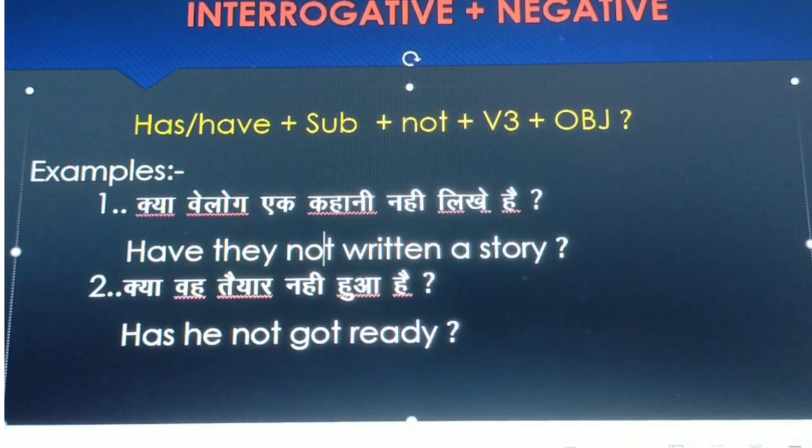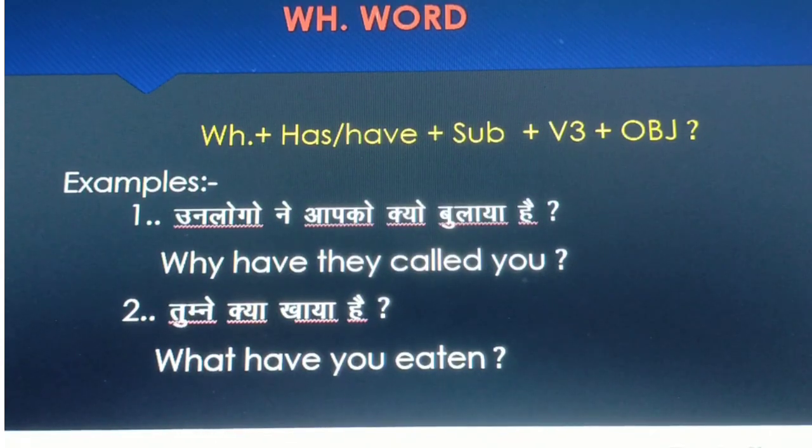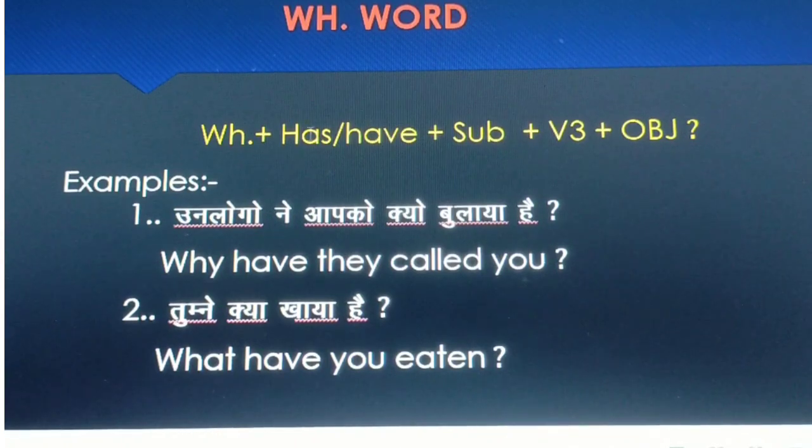Now we are moving to the last. If the sentence is WH, let me tell you what is WH word. That means if there is use of कब, क्या, कहाँ, कैसे, क्यों, like these words, then such sentences are known as WH sentence. They are often used in the middle of the sentence. इनका प्रयोग मुख्य रूप से जो कब, कहाँ, कैसे जो होता है ना चिल्ड्रन, ये सेंटेंस के बीच में प्रश्न पूछने के लिए किया जाता है.